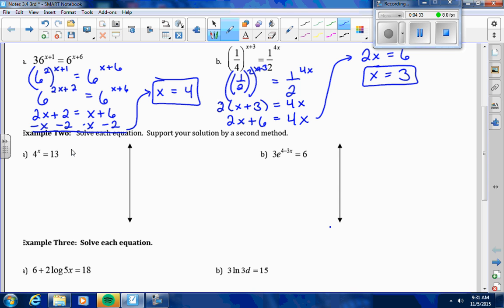So if I change it to a logarithm, then I would have log base what? Log base 4 of what? 13 equals x. Okay, log base 4 of 13 equals x. Can that be solved? Yes. Using what from yesterday? The change of base formula. What did the change of base formula say? Good. Log of A divided by log of B. So which one is on top? Log of what? 13. Log of 13 divided by log of 4